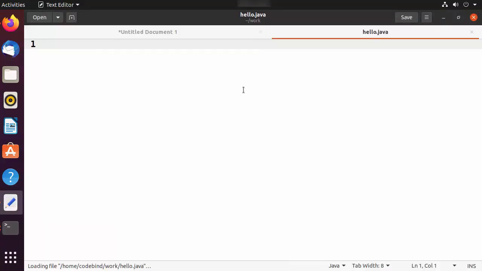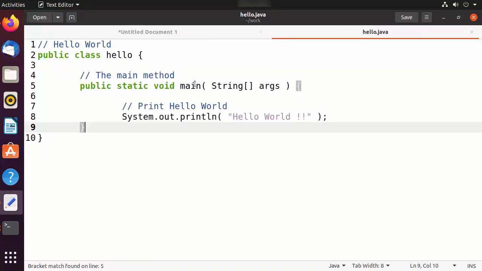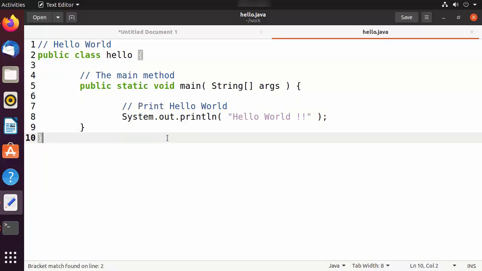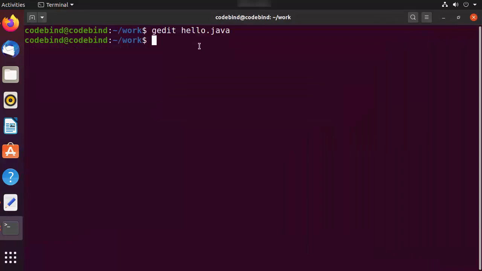And once this file is opened in the editor, here you can write a very simple hello world program in Java. You can find this program anywhere on the internet. So just write this program, save your file, and then go to your terminal once again.